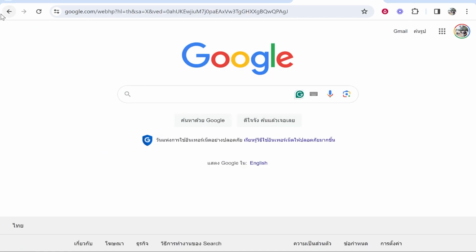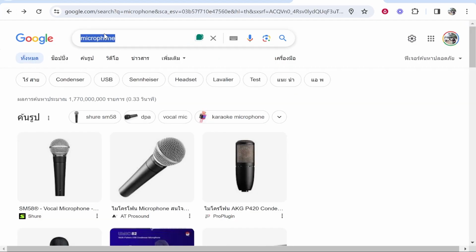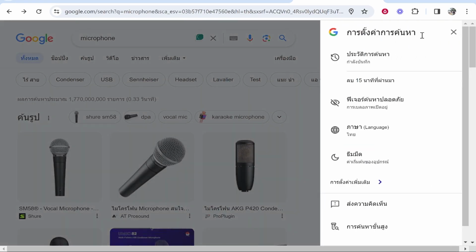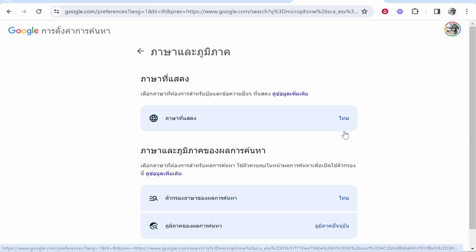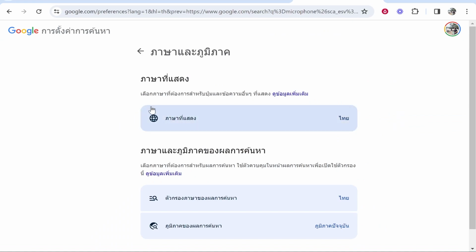So what we need to do is make a search. So I've made a search for microphone. Then you want to go to the settings in the top right hand corner, and that will take you to the search settings. Now go ahead and click on the language icon, which is going to be the world icon here. So click on that, and it's going to then show you this button, which is going to be separate